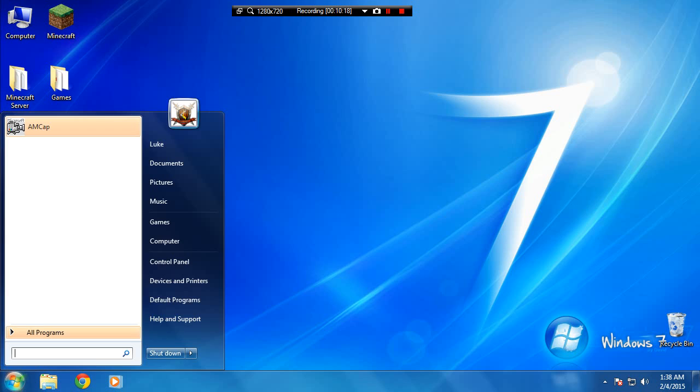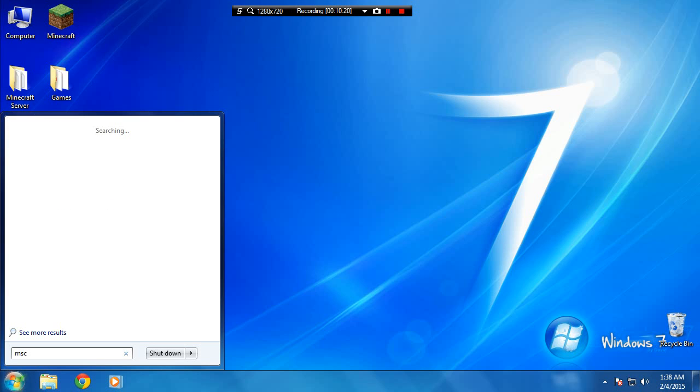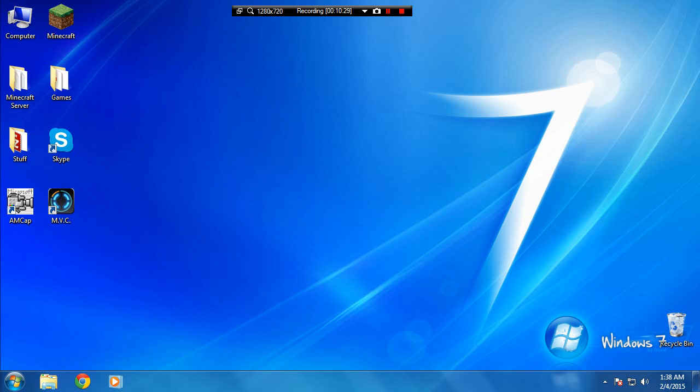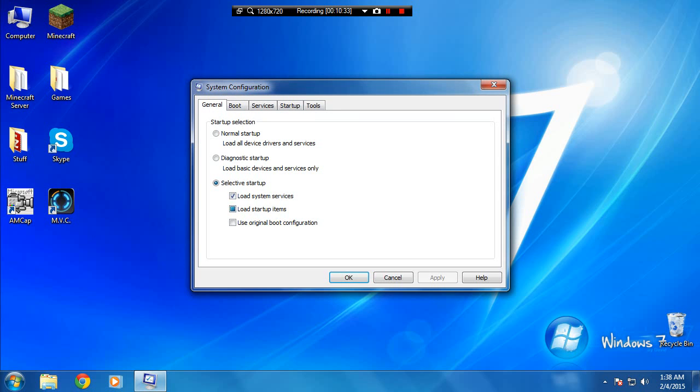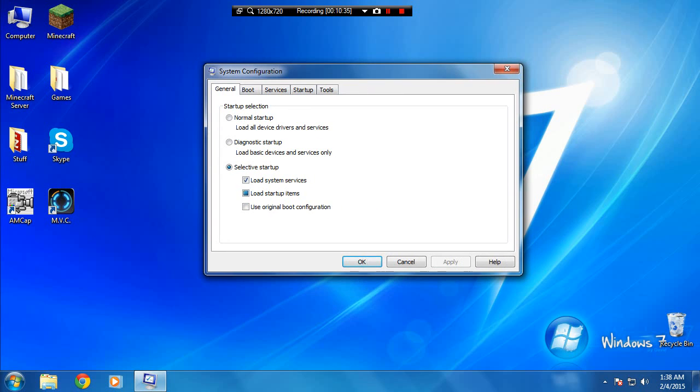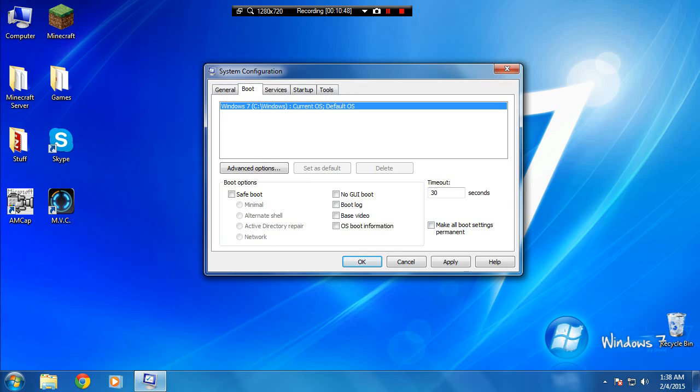So you're gonna want to search for msconfig in your search bar and just hit enter. Now this will open up a special application, and there we go, system configuration, of course. Now what you're gonna have is a normal startup by default, but you're gonna want to hit selective startup, and you're gonna want to hit boot, advanced options,